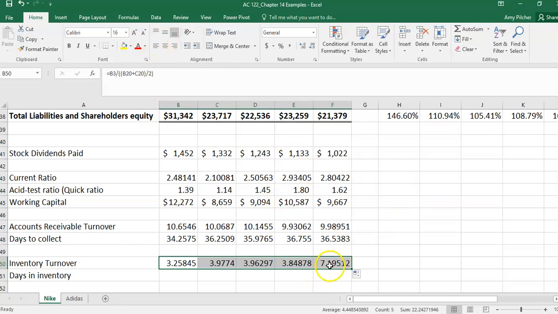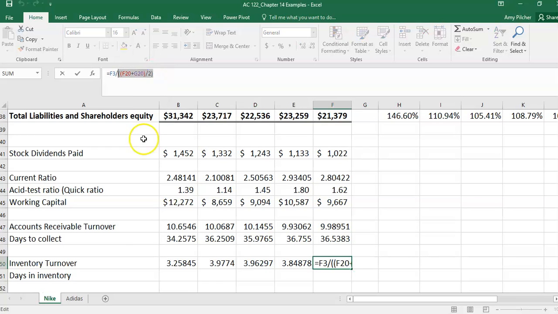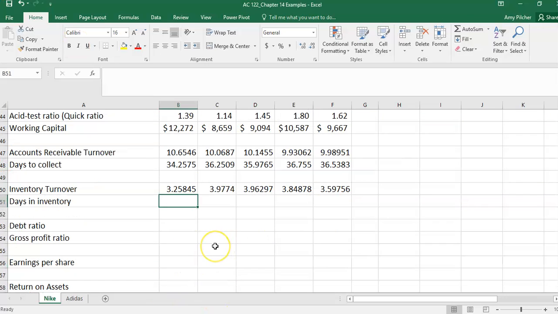And in 2016, we would just want that divided by 2016's inventory since we don't have 2015 information. Days in inventory is similar to days to collect. We take 365 days divided by our inventory turnover, and this tells us that on average in our fiscal year